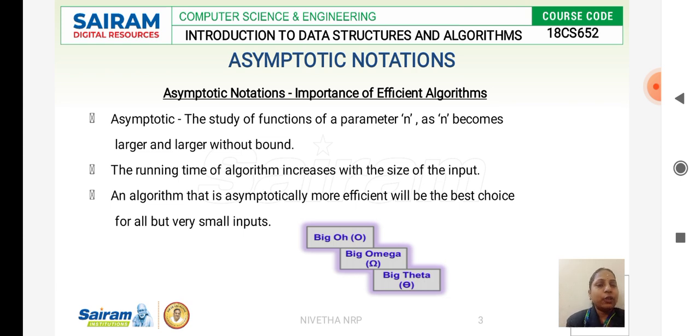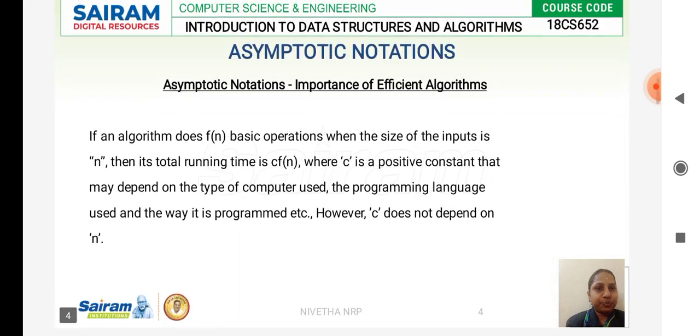So you will have higher efficiency when you are working with a small set of inputs. Usually we represent asymptotic notations in three cases, three scenarios: one is big O notation, the second is big omega notation, and the last is big theta representation. We represent asymptotic notation in either of these forms. The input we are giving, the process taking place, and the output we receive, the computational cost falls under any of these three categories. We'll see what big O notation is.